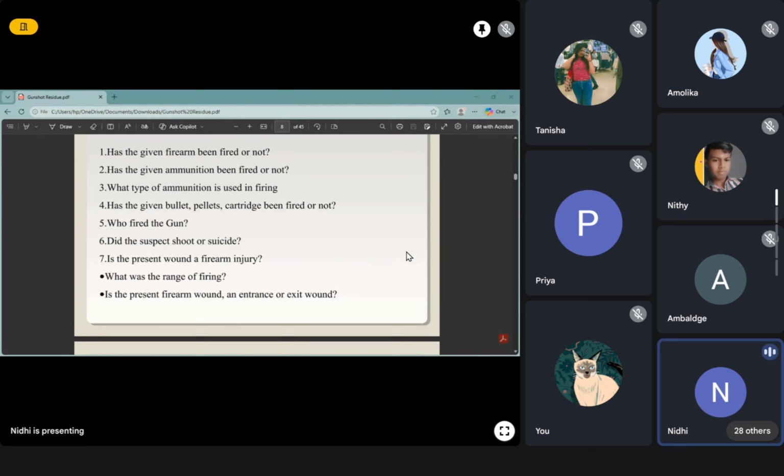There are various corroborative evidences, Amolika. I agree, what you are saying is correct. But those are corroborative evidences, right? When I'm talking about ballistic,